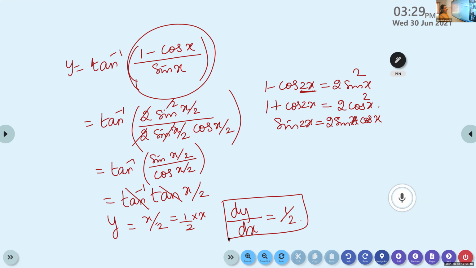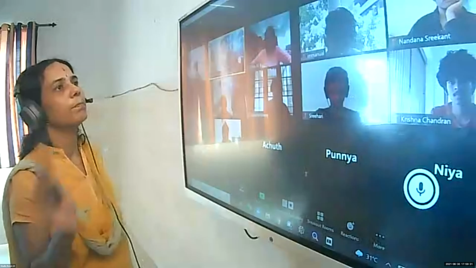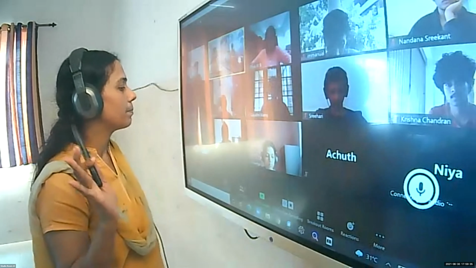These are all important. Inverse trigonometric functions in your textbook are all important questions, 2 mark questions and all. If you are thorough with the formula only, you can do this. If you take previous year's question paper and go through it, this type of questions will be repeated. Inverse trigonometric functions questions will be repeated.